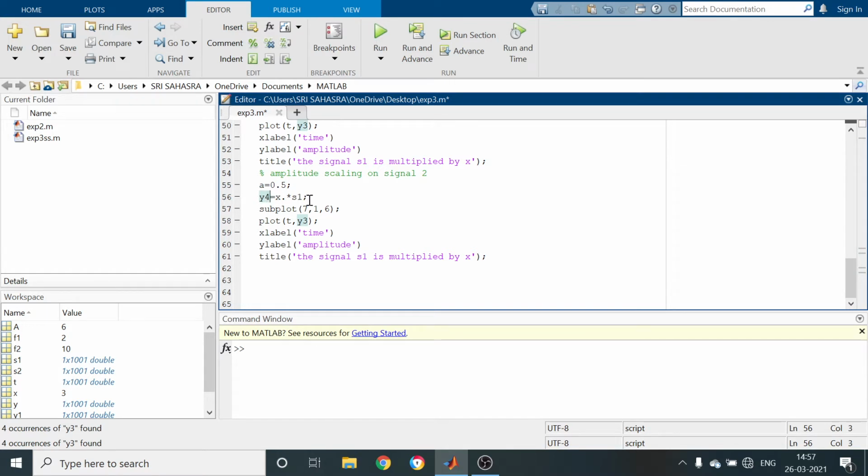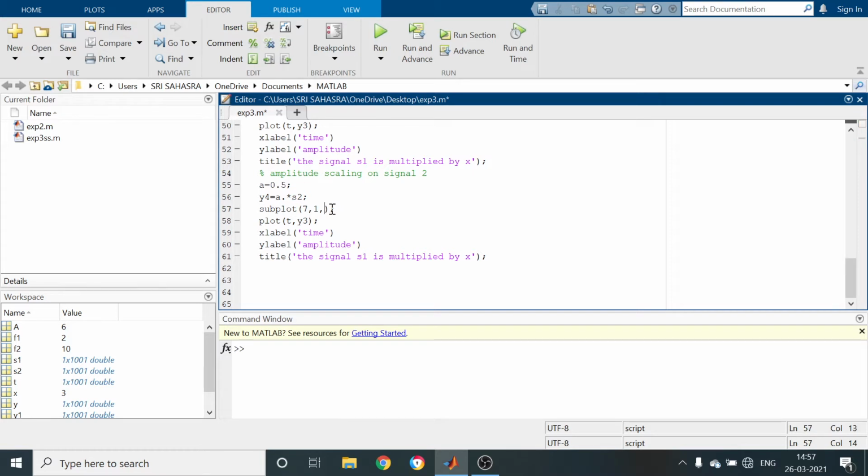I am assigning y4 equal to a times s2. Here I took the variable a, which is less than 1, equal to 0.5, for the second signal.